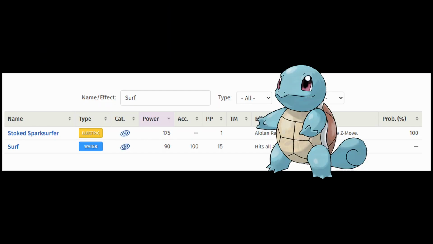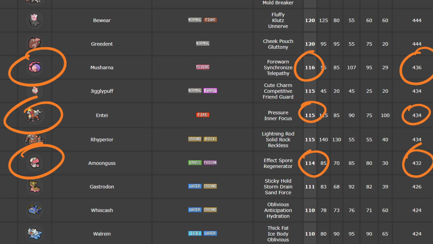Using the Squirtle example, the reason why the power needs to be counterbalanced is because the HP is low in lower levels. So I suspect that the best way to approach this is by understanding the HP. And the best way to analyze the HP, I figured, was to look up 3 Pokemon with extremely close HP stats. Musharna, Entei, and Amoonguss, with a base health of 116, 115, and 114 respectively, with 436, 434, and 432